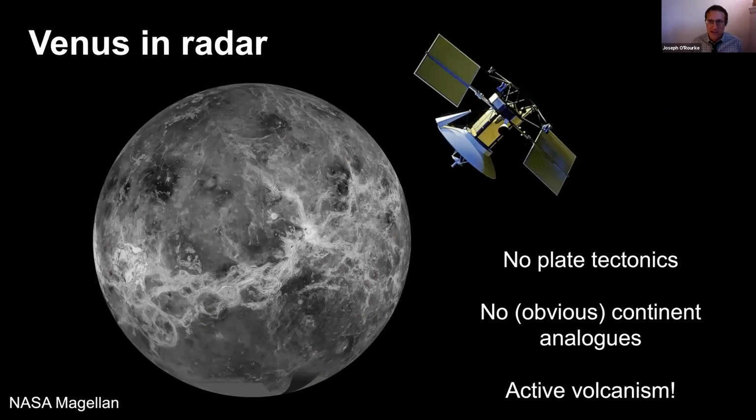So it wasn't until the 1990s that we got a decent map of the entire surface. So like I said, you can't see through the atmosphere in the visible. And so NASA sent a radar orbiter to Venus called Magellan. And Magellan began its science operations when I was 10 days old, and it assembled the first global map of Venus. And this is what it looks like on the surface. And it looks very weird. It looks totally unlike Earth.